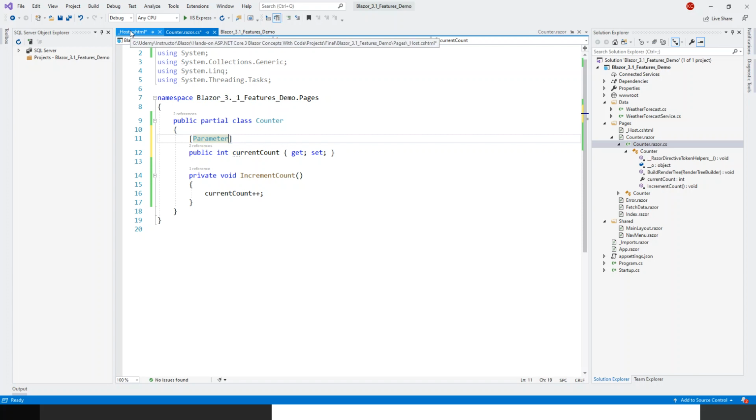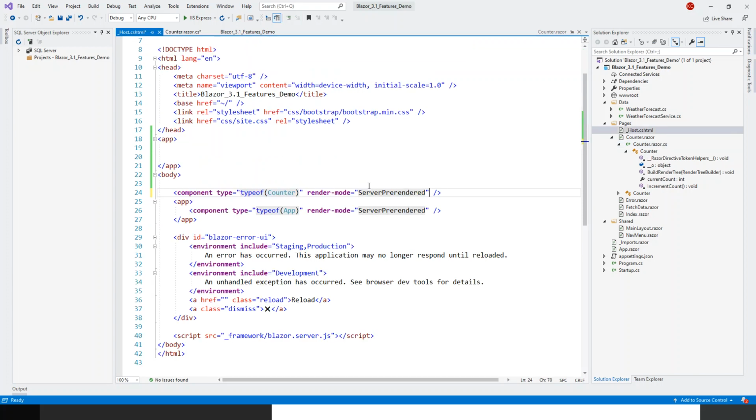Then go back to host.cshtml, and here we'll have to write within this component and end component tag, this is param, not params, param hyphen current count, whatever is the name of that parameter that we have just created. Param current count equals, now this time this will be within the double quotes, although it's a number, and that's it. Now if we rebuild the solution and run this application again, Control F5,